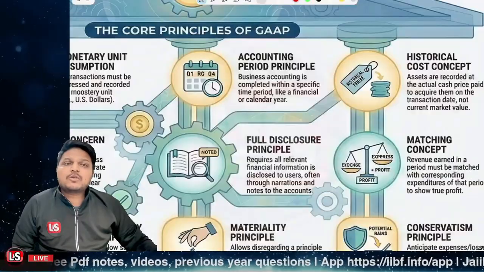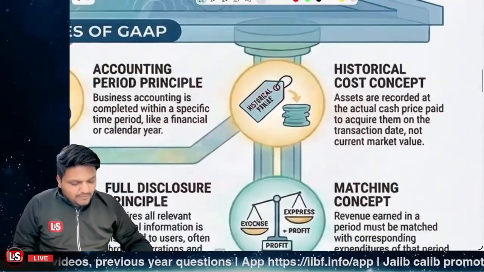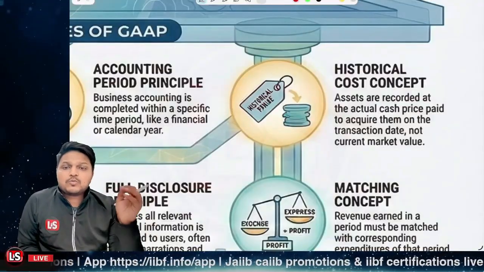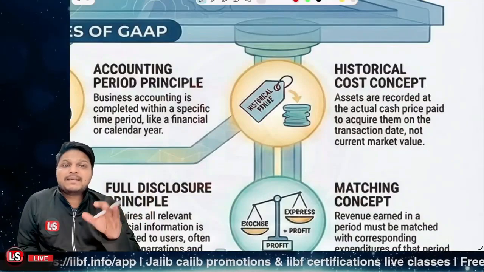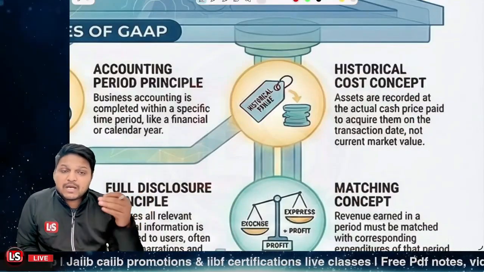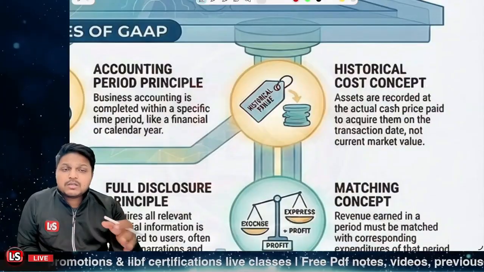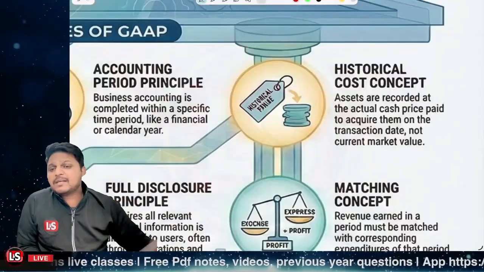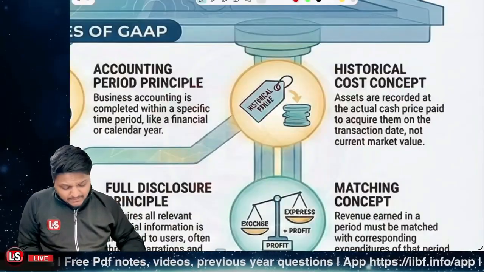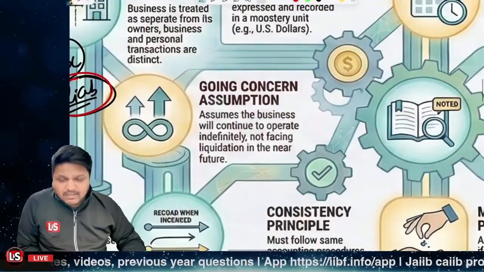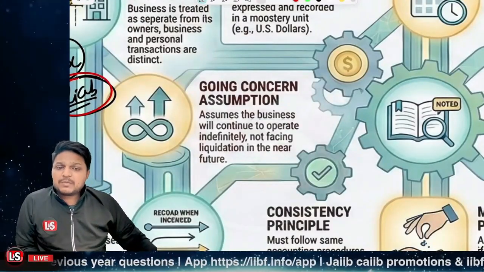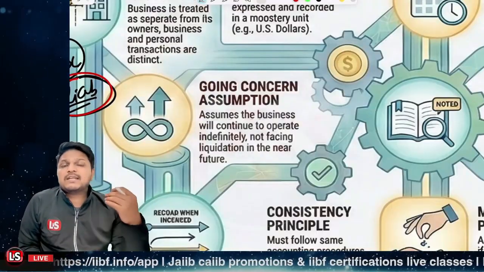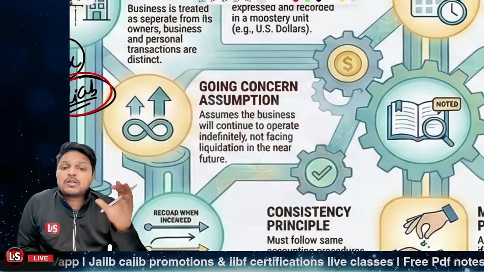And further, it's the historical cost concept. What does it indicate? Whatever assets there are must be recorded at the cost price, the cost at which you acquired the asset, not the current market value. Is that clear? That is very much required. Further, the concept is the going concern assumption: whenever a company is set up, it is set up for a longer duration, and not for a short duration. Clear?